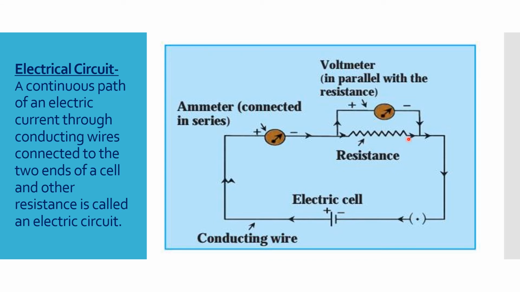Then this is the resistance. Resistance is shown like these zigzag lines. Again, you can draw here electric bulb. When the plug key is closed, the bulb is glowing, and when the plug key is open, the bulb is not glowing. You have to take these precautions while drawing the circuit diagram. Draw the circuit diagram in your notebook.